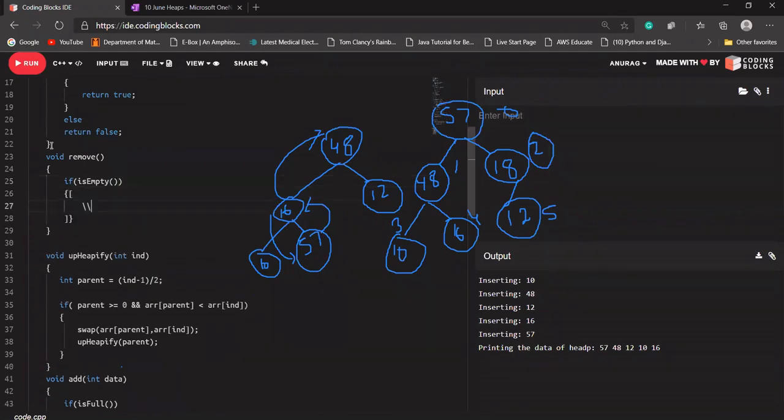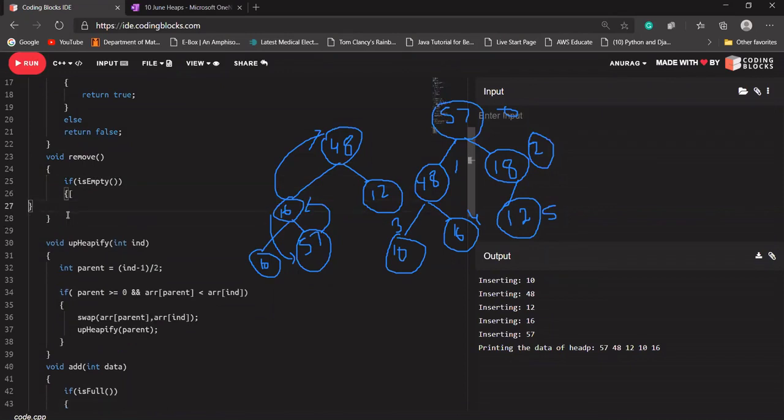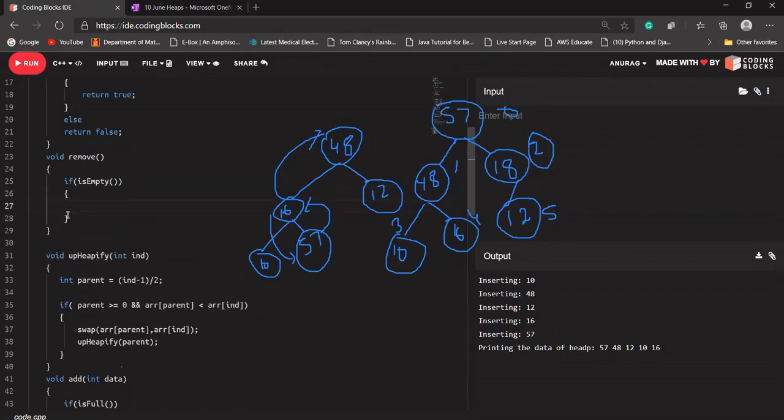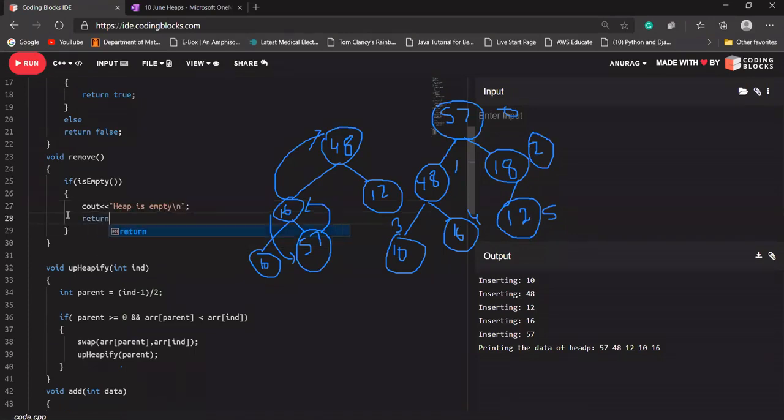If it is empty, this function will return true. So I'm going to say if heap is empty, I'll return from here.